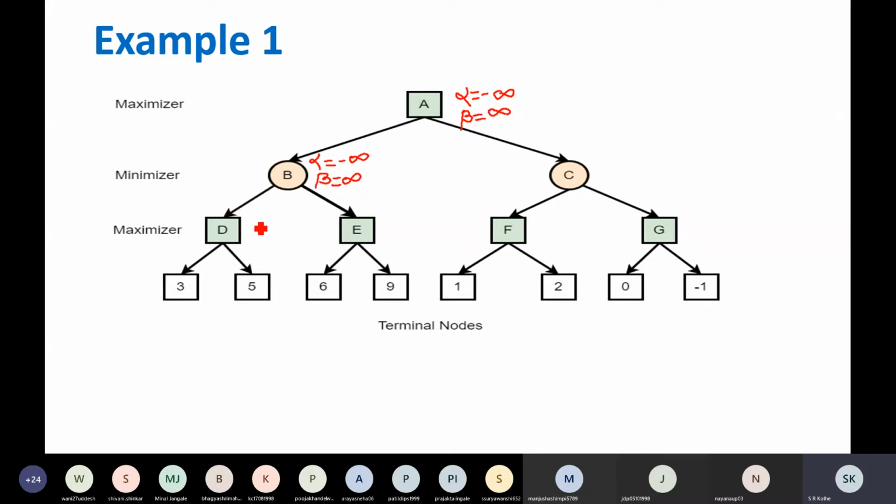Then DFS again come to node D. Value of alpha will be minus infinity. Value of beta will be infinity. Then the algorithm will evaluate this and that will result in two terminal nodes with value 3 and 5. So since this is a maximizer node, that will modify the value of alpha.